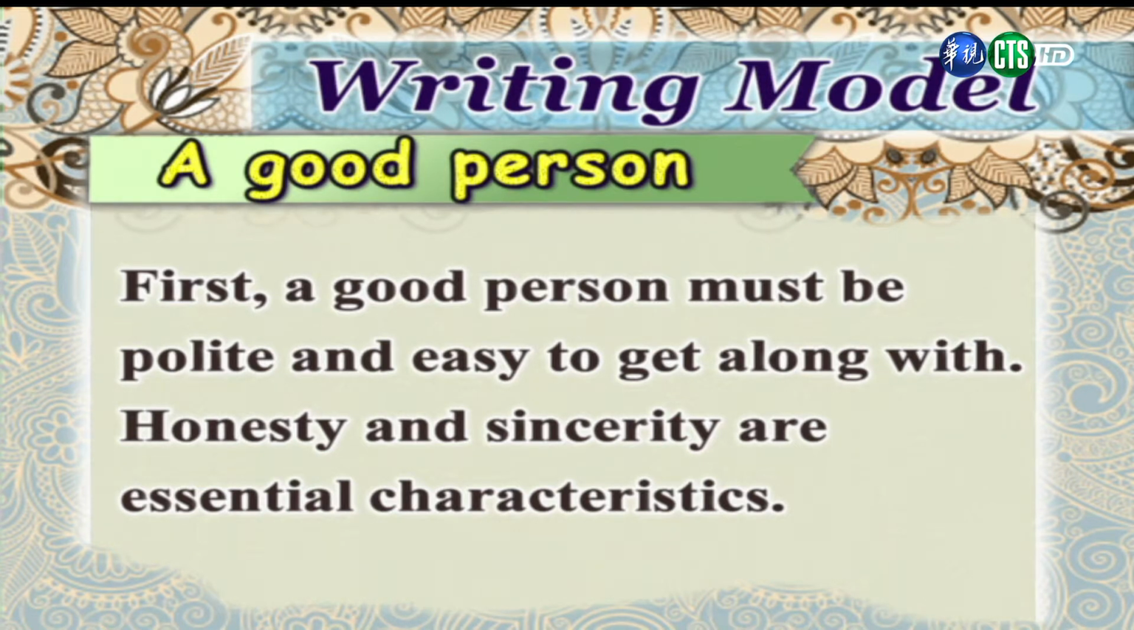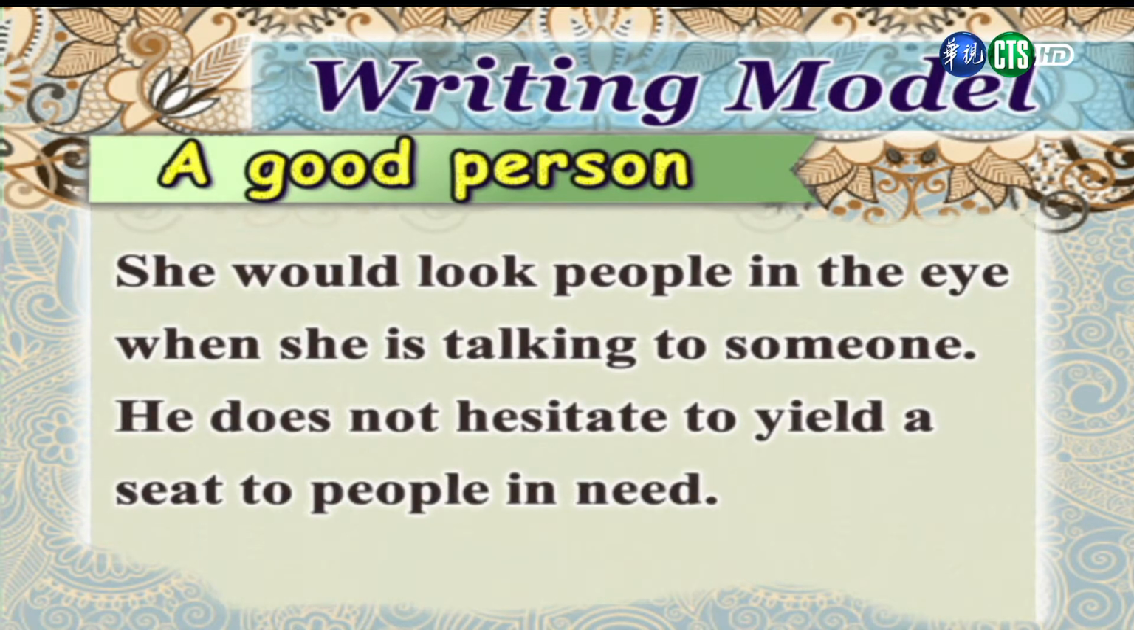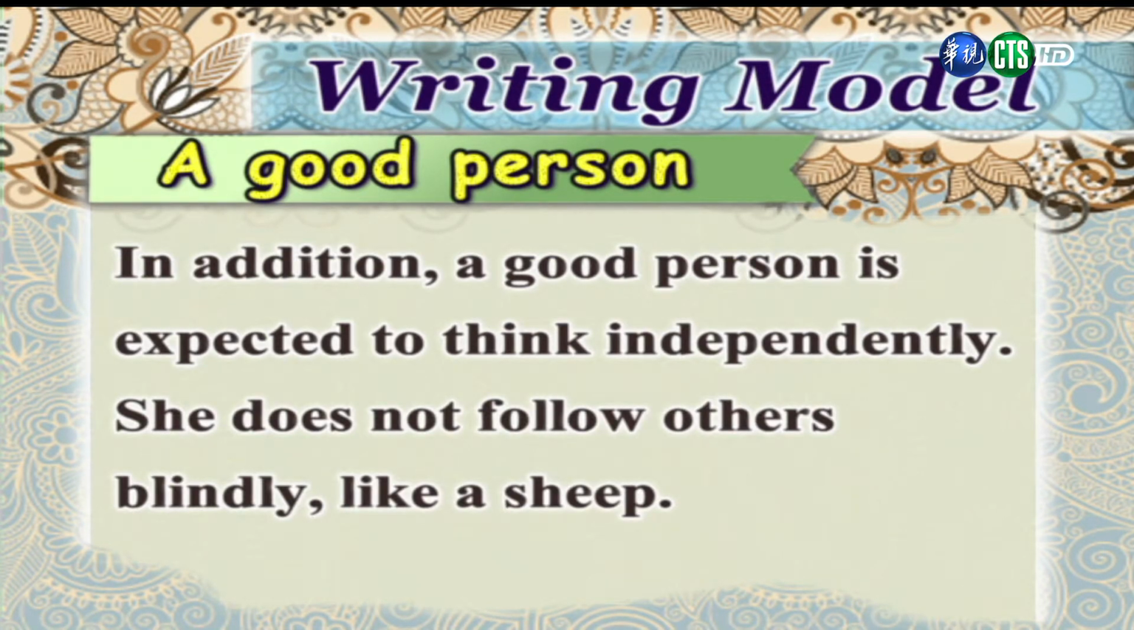First, a good person must be polite and easy to get along with. Honesty and sincerity are essential characteristics. 第一点，一个好的人必须要有礼貌，而且好相处。诚实以及诚意是不可或缺的人格特质。 She would look people in the eye when she is talking to someone. He does not hesitate to yield a seat to people in need. 一个好人与别人说话的时候会直视对方的眼睛，而且他会毫不犹豫地让座给需要的人。